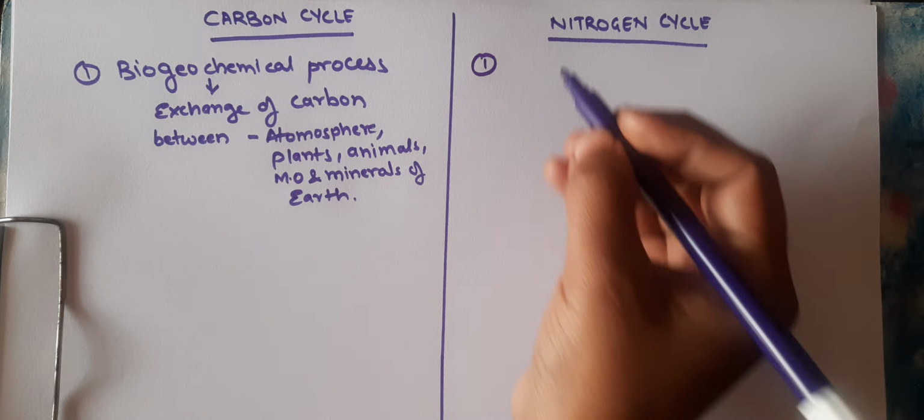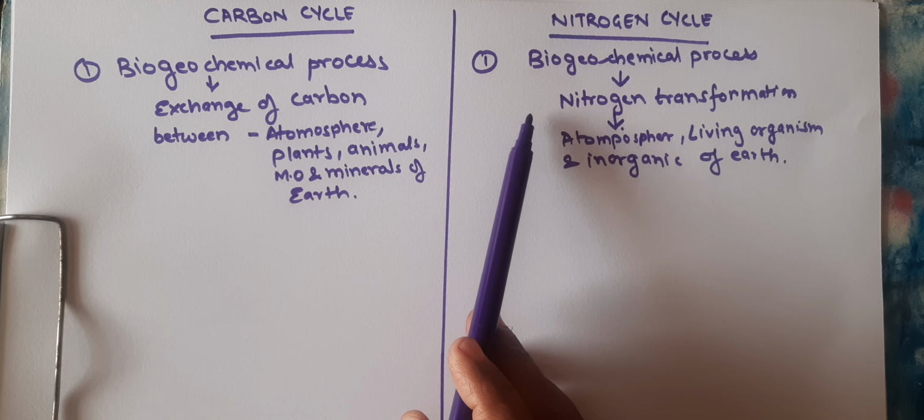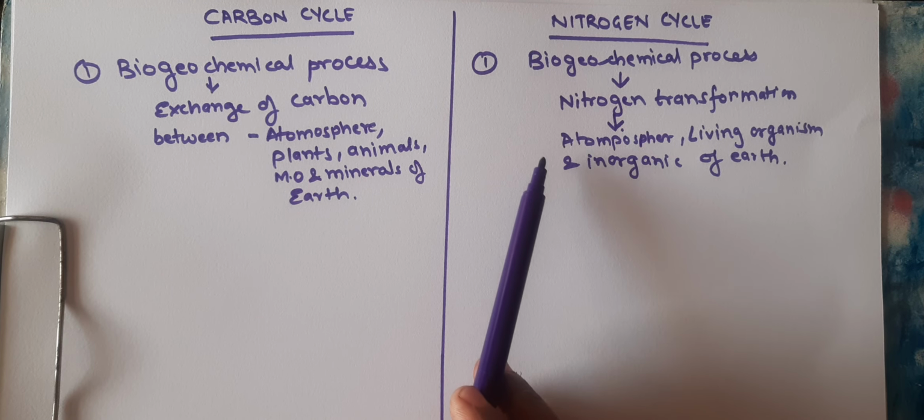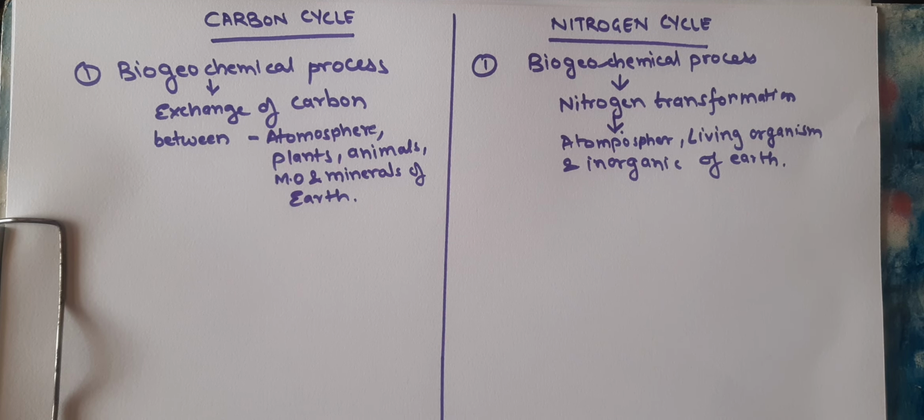So I will repeat again. The carbon cycle is a biogeochemical process that involves the exchange of carbon between the atmosphere, plants, animals, microorganisms, and minerals of the earth. Whereas the nitrogen cycle is a biogeochemical process and it involves the nitrogen transformation into various living forms, that is, between the atmosphere, living organisms, and the inorganic part of the earth. So the next difference